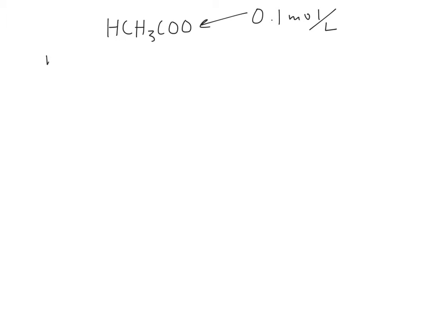And then I'm going to mix that with a solution of, actually, let's change this a little bit. I'm going to make this a 0.15 mole per liter solution, and I'm going to add another sig dig up here. So I've got a 0.10 mole per liter acetic acid solution. I've got a 0.15 mole per liter solution of sodium